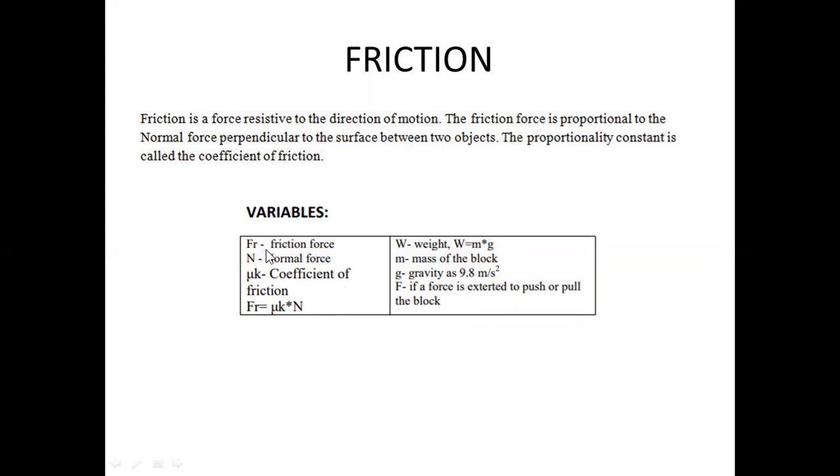This is the force at which we're going to consider the acceleration and velocity of an object. So Fr is equal to the coefficient of friction, mu k, times the normal force N. We have W as the weight, wherein weight is equal to mass times gravity. M is the mass of the block, usually the block on the analysis. And gravity is 9.8 meters per second squared, and F is the force exerted to push or pull